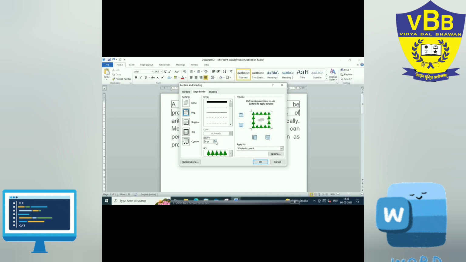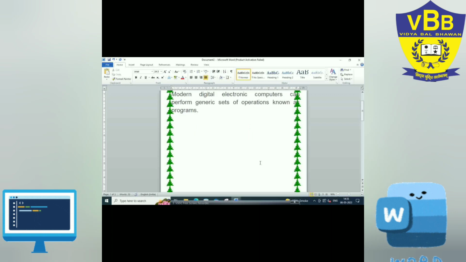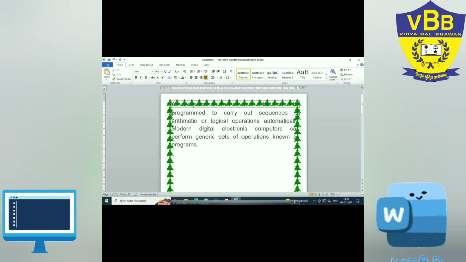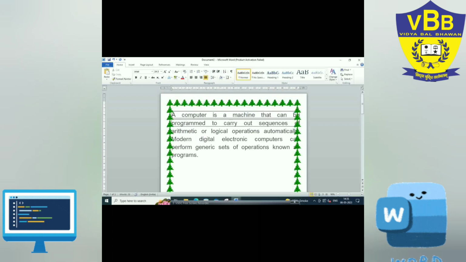If you increase or decrease the width, it will be displayed in the preview, right? Suppose I am setting the width as 29 pt in the whole document. I will click OK, and the border will appear on all the pages, and here you can shift your content to the next line and it will be clear. I hope. To remove the applied border, you can click on the No Border option from here, and no border will be there. Suppose I have to remove it from here, I will select the content, click on No Border, and the border will be removed from that part, right?